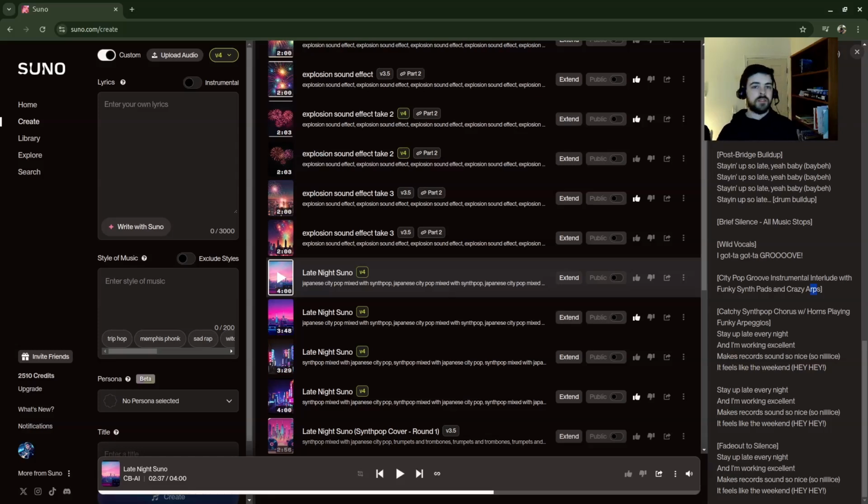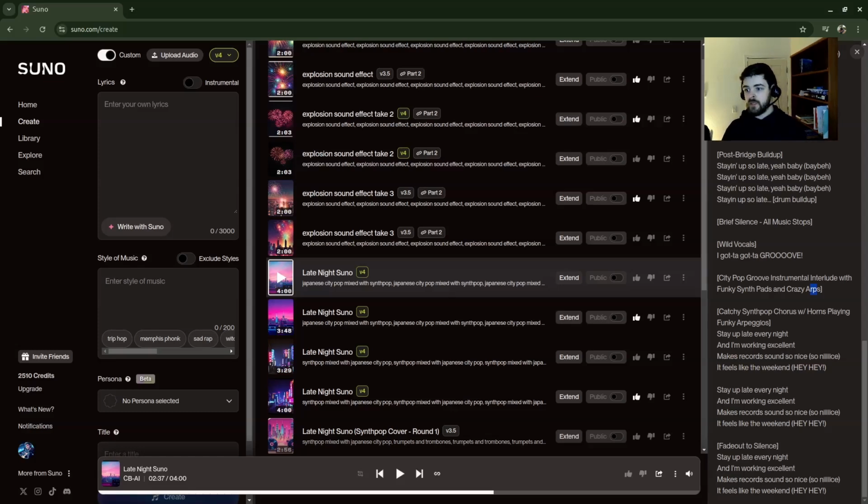Sometimes if you put "crazy" and there's crazy synths, I've noticed that Suno will make it go "ooh" with a really wide vibrato on them. That's something you might want to remember. The word "crazy" tends to make it a little bit crazy, like people's voices go way high, or they start singing a little wild with their vibratos.